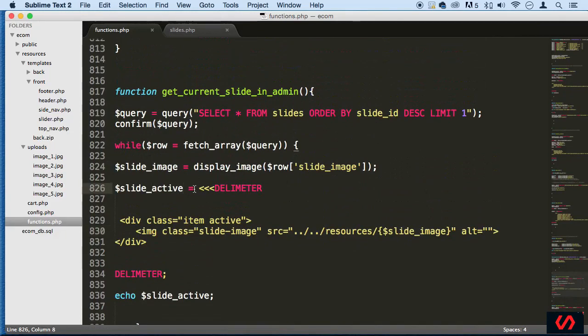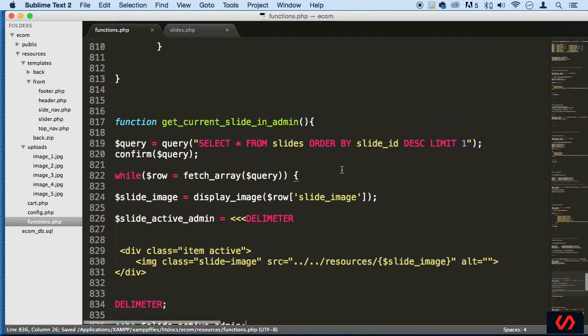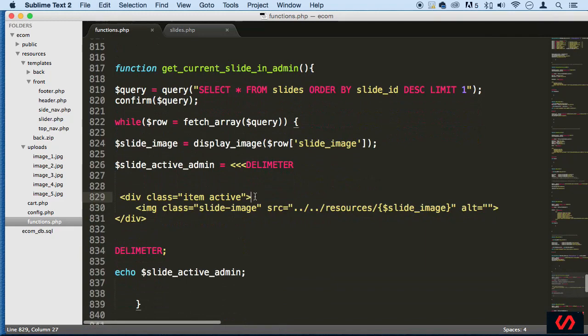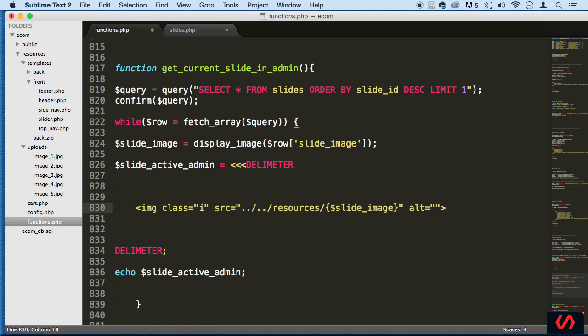Slide active, and I'm just gonna put underscore admin just to differentiate, but really I don't need to. You can leave it alone. All right, so let's just call this function from, actually we do need to change this here. We don't need this active stuff. All right, and we need to change this to img-responsive. That's a Bootstrap predefined class. It's gonna help us out. Okay,